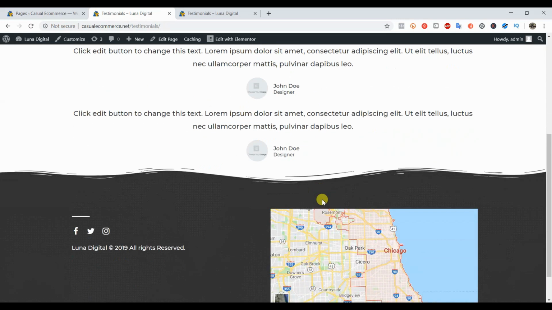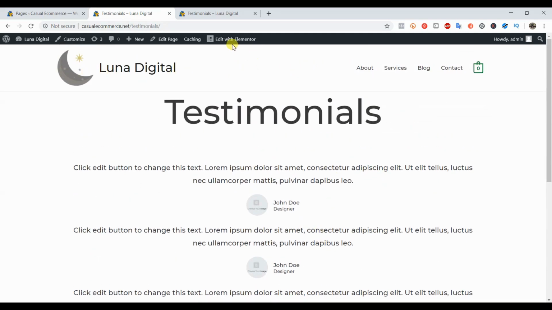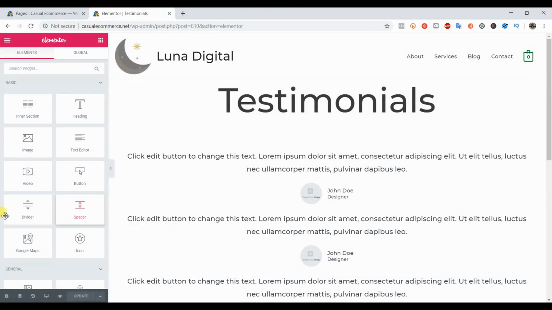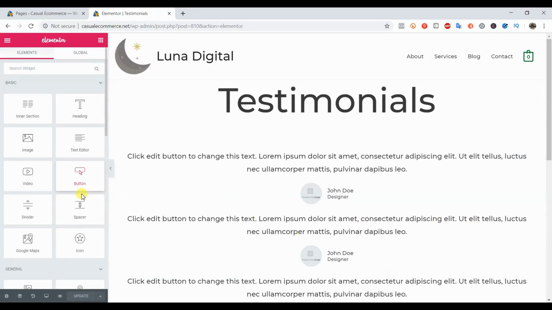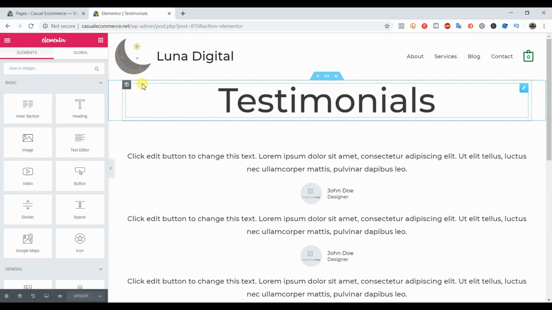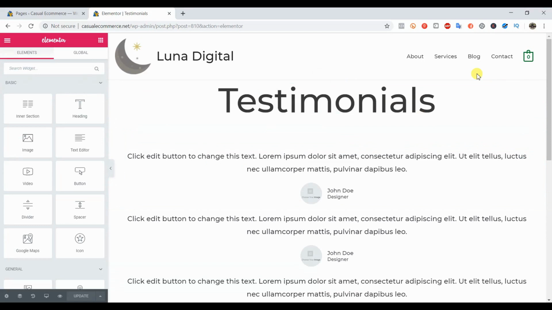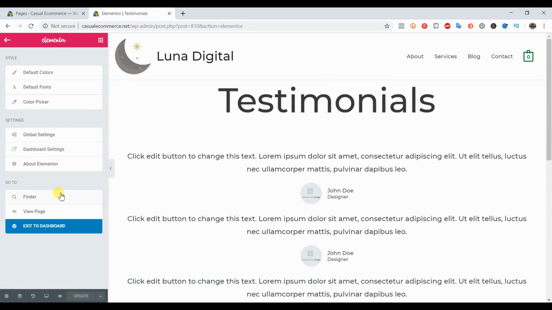And now this page is just like the other ones. It's one that we can come up here and click edit with Elementor, and we can go ahead and begin editing it, and we can drag in different widgets just like before. We can put video backgrounds, we can do anything you want. So at this point you already know how to use all this functionality. So now what I'm going to do is show you how you can put this page in this menu up here. So if we go back to the dashboard,